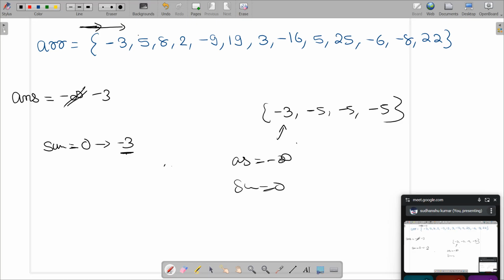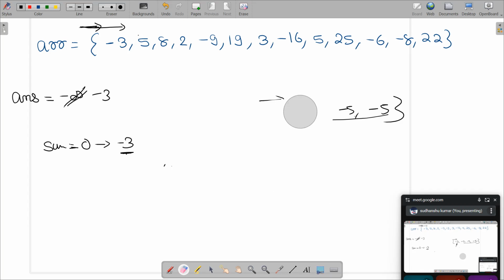Your sum is 0. You move one step forward, you will become -3. If you do not compare, you will lose this -3, because every other value standalone is lesser than this, and combined is also lesser than this. So this might also happen. So whenever we are breaking our train or not, it does not matter at all. We will keep on checking every time. So I have updated my answer, but since I have broken my train, I will again reset my sum back to 0. So we will start from here.